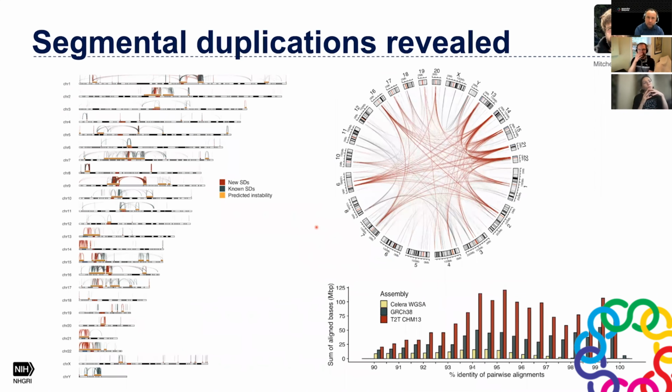And so now we can look at all these segmental duplications now that we have this complete genome. The interesting thing here is that the acrocentrics are enriched in these segmental duplications, and they share a lot between themselves, right? So essentially, there's very little novel sequence on the acrocentrics. Most of it is represented at some level in the rest of the genome, but these acrocentrics are a source of segmental duplications all over the genome, particularly on some chromosomes like 9. It seems like there are segmental duplications from these short arms coming across everywhere in the genome,